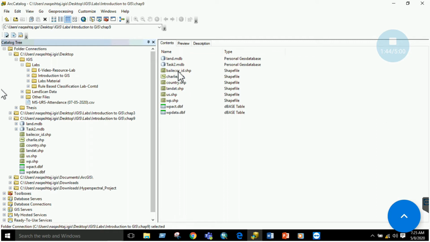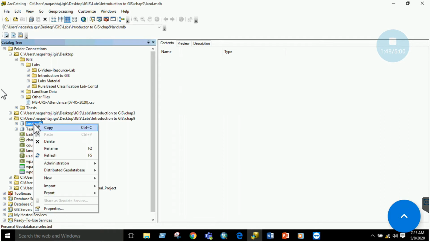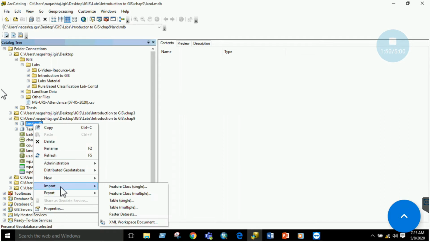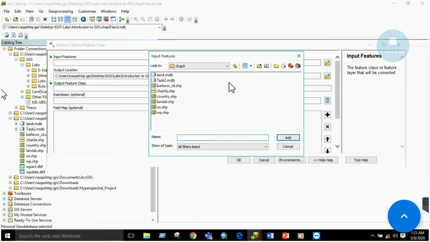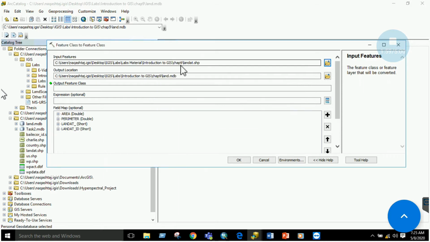Now this personal geodatabase has been created. You just have to go to import, right click, go to import and select the feature class. In the feature class, select the shapefile, which is basically landed.shp, our output location, and your feature class name.